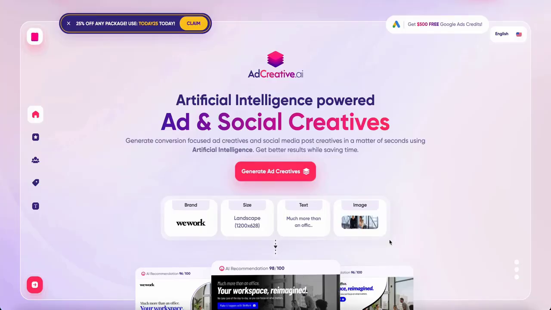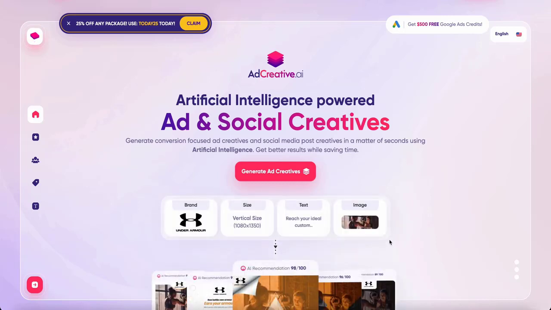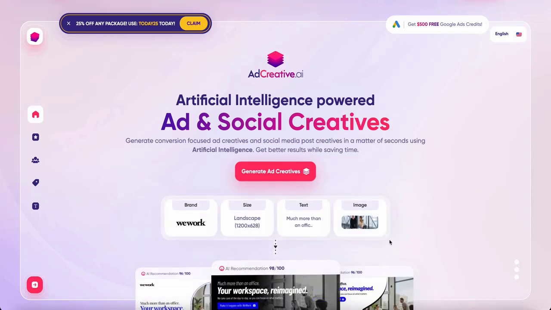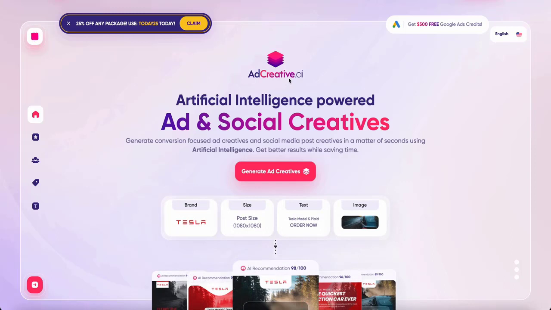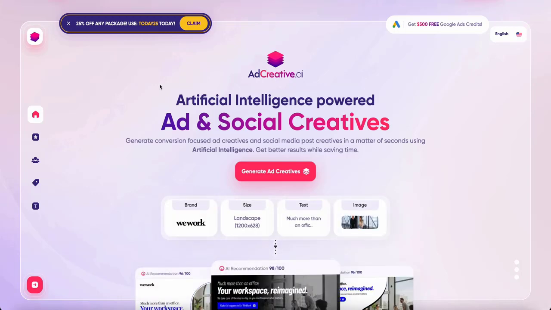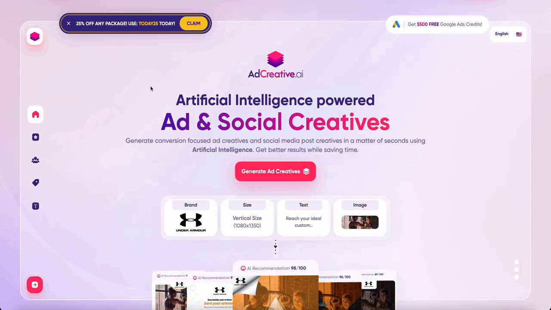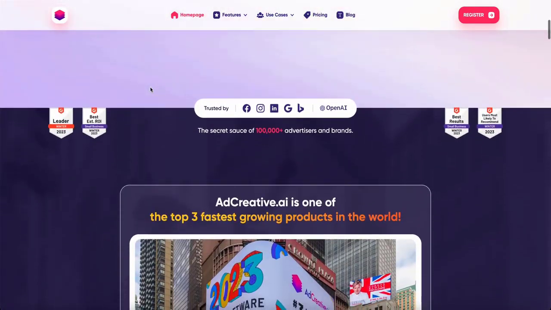My dear student, so let's have a look at how we can actually create many ad creatives with AI. One of the ways we can use is ad creative AI. I would say it's good to use if you don't want to use InDesign or Canva, if you want to have layouts quickly and want a quick solution, easy to use.